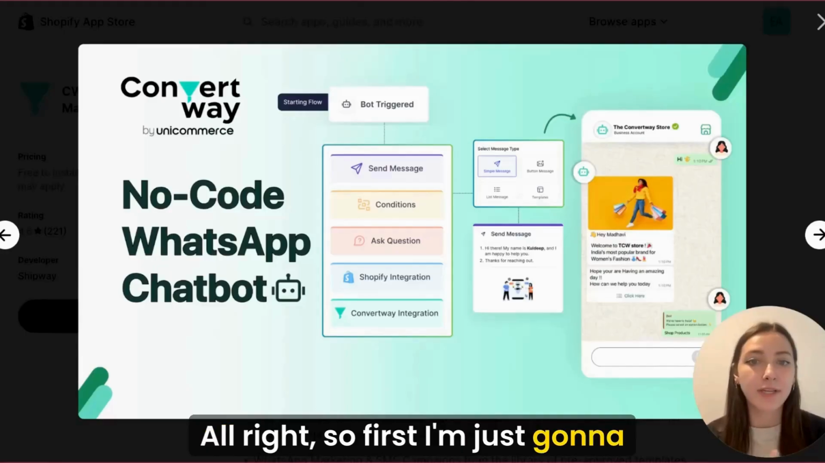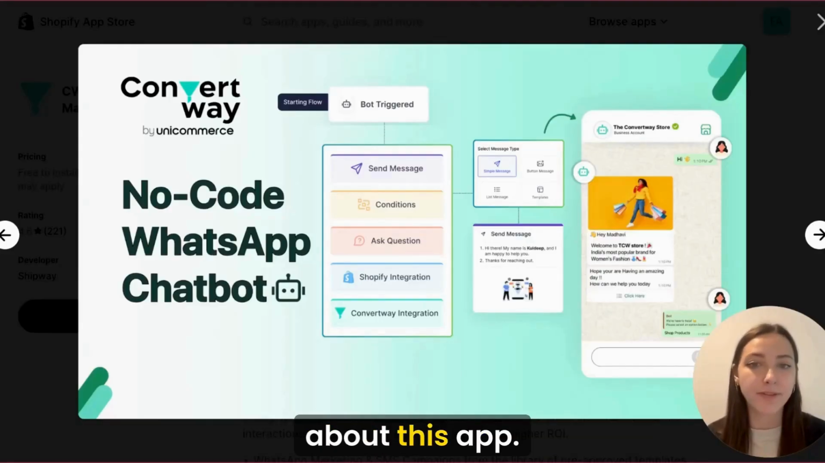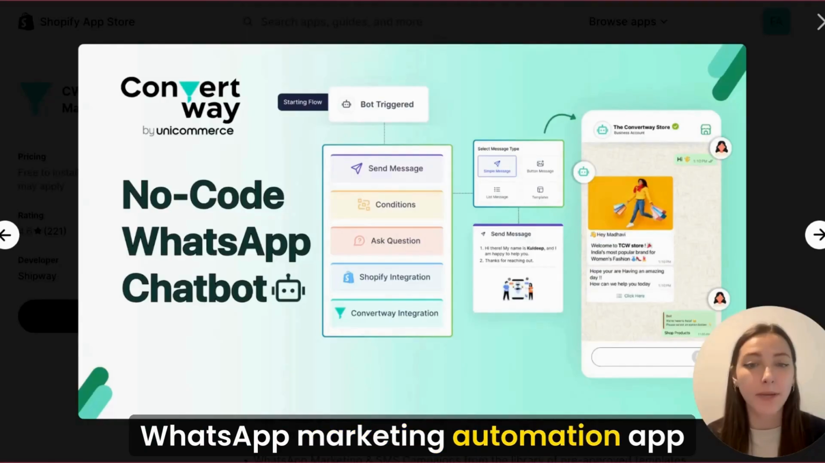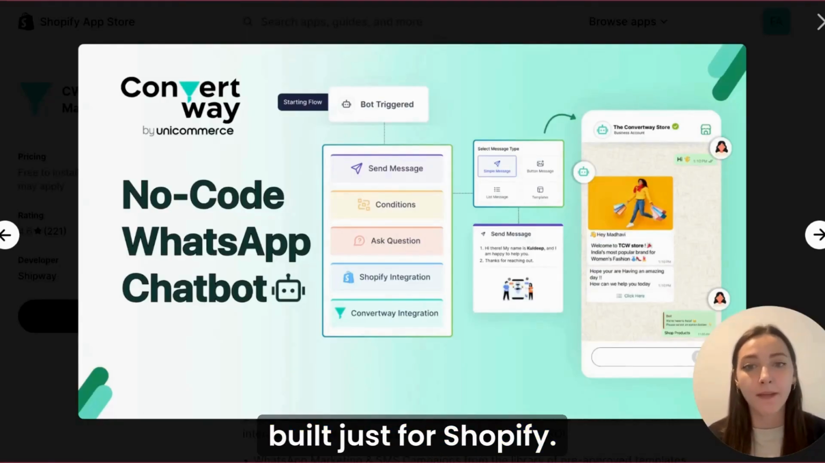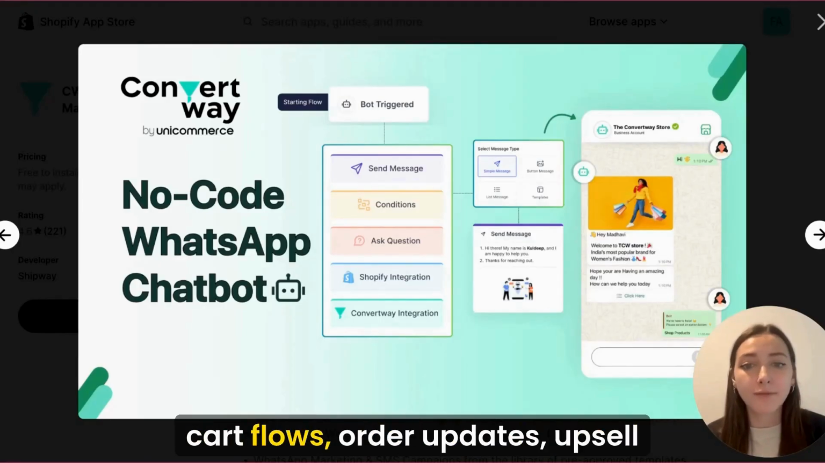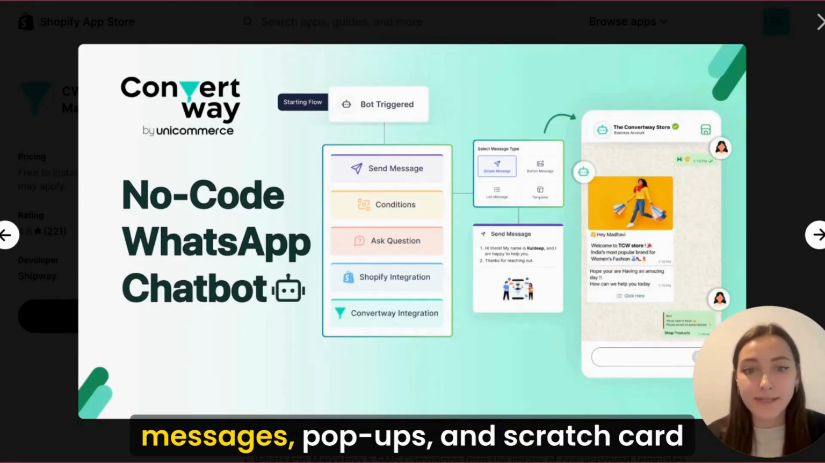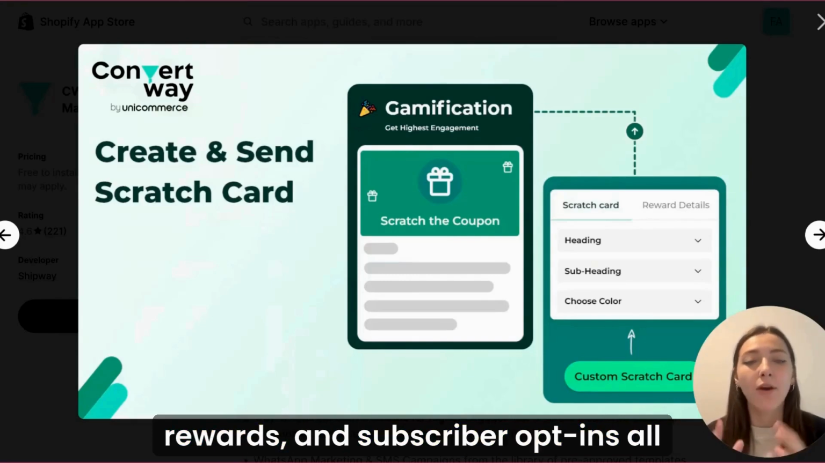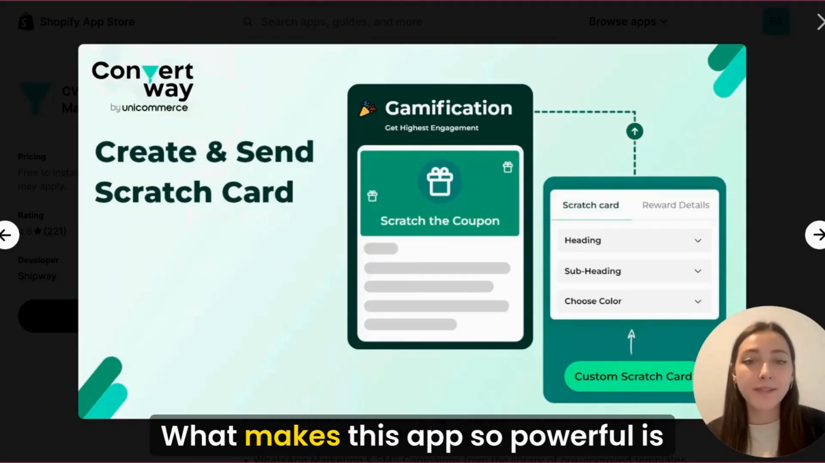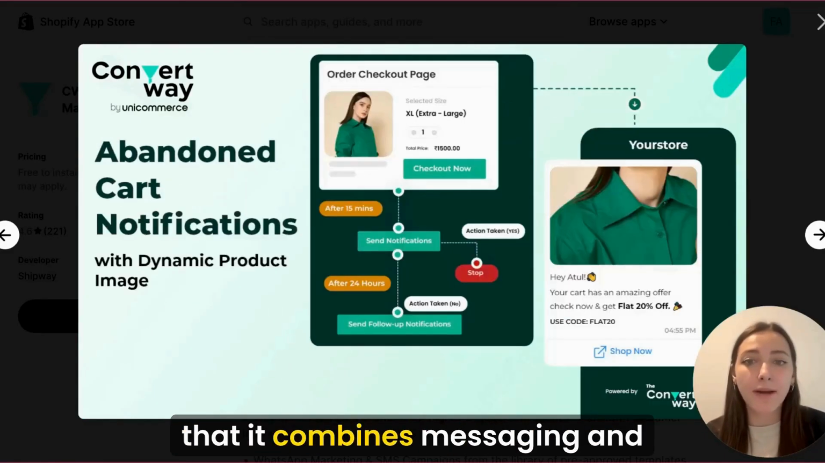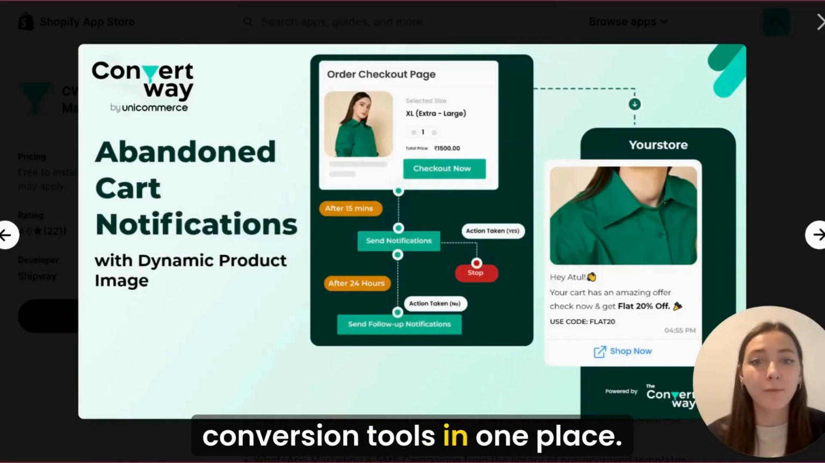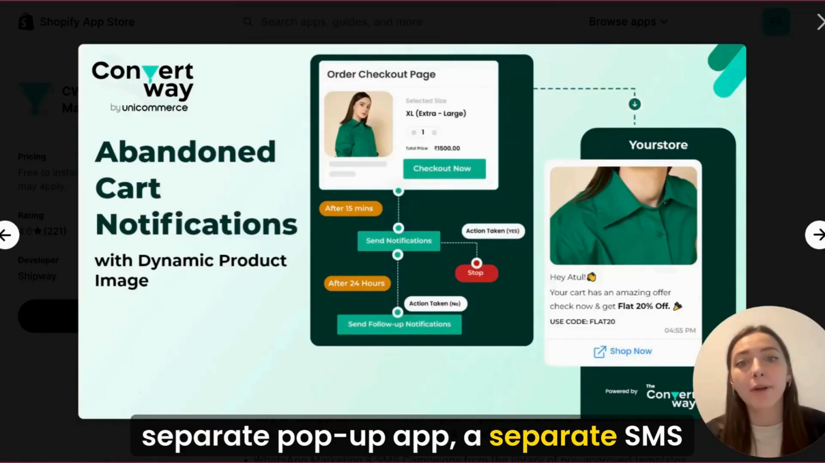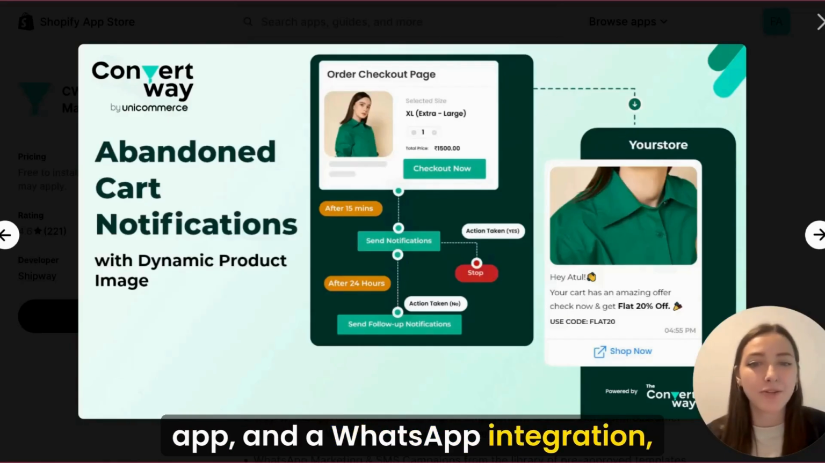All right, so first I'm just going to give you a little bit of background about this app. The ConvertWay is an SMS and WhatsApp marketing automation app built just for Shopify. It gives you tools like abandoned cart flows, order updates, upsell messages, pop-ups, scratch card rewards, and subscriber opt-ins, all connected through one single platform. What makes this app so powerful is that it combines messaging and conversion tools in one place. So instead of having to use a separate pop-up app, a separate SMS app, and a WhatsApp integration, this just